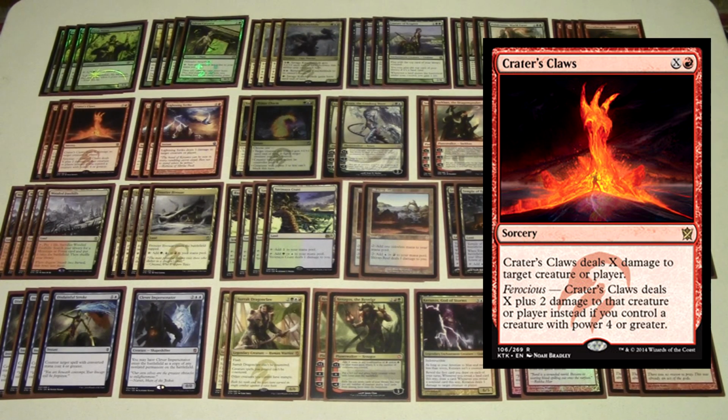So there's a lot of different manipulation you can do with math as far as the Crater's Claw is concerned, but ultimately, if we're in a stalemate and we just need to deal a few points of damage, top decking a Crater's Claw while we have either Knuckleblade or Polukranos or Stormbreath Dragon is pretty much going to assure us that we're going to finish off